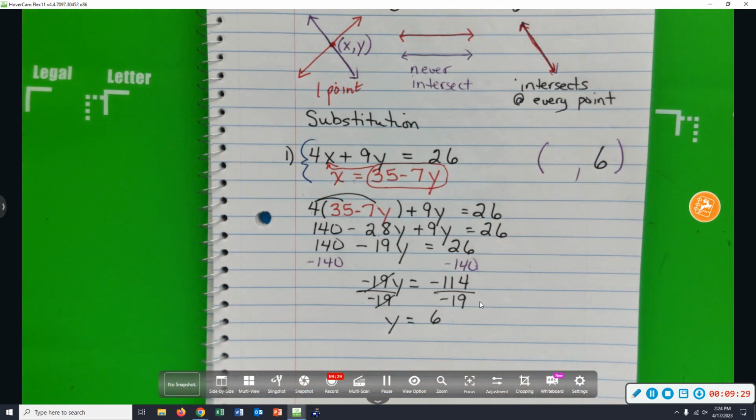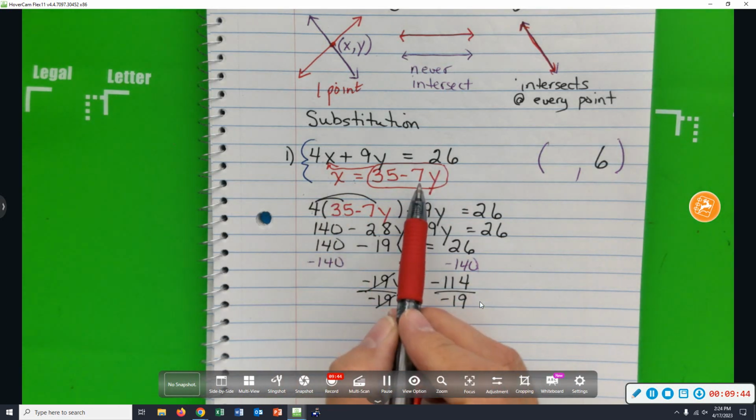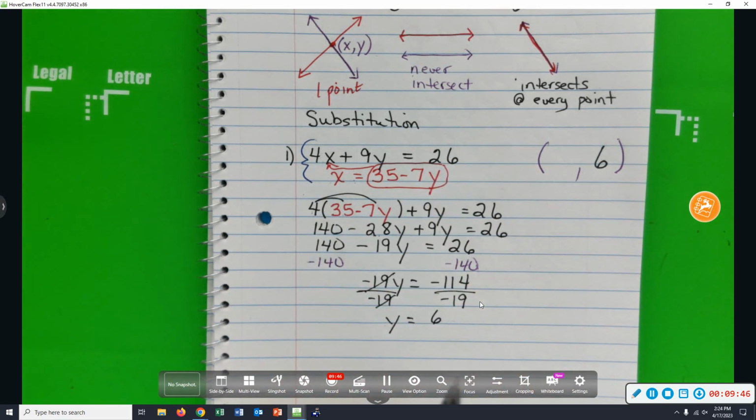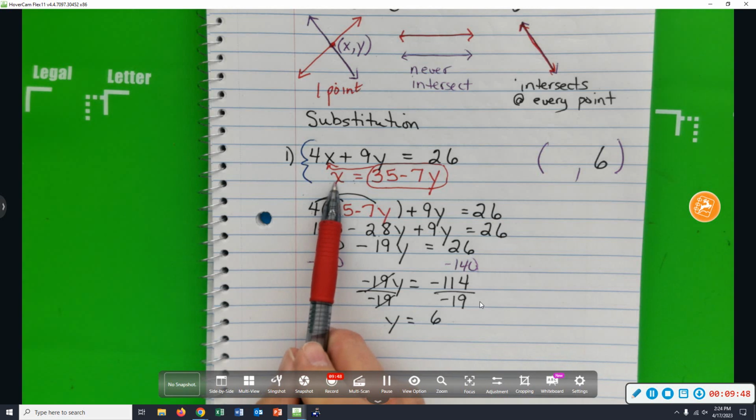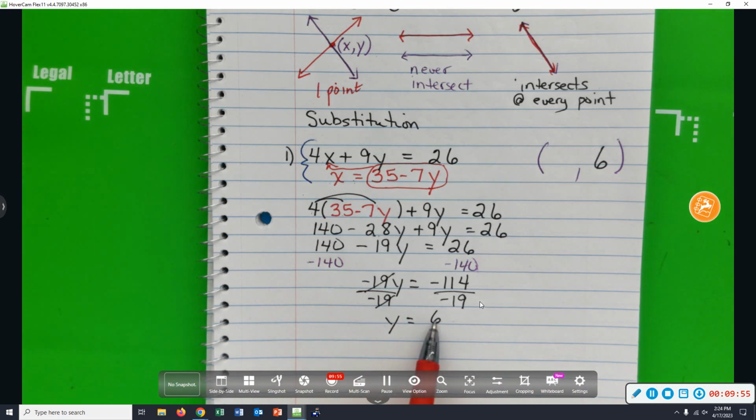It doesn't matter which one of them you plug into. You can plug the 6 into the first equation or the second one, whichever one you think is easier. Into any of those equations, and the original equations. I think what I'm going to do is plug it into the red one because the x is already isolated here. So I'm going to choose to plug the 6